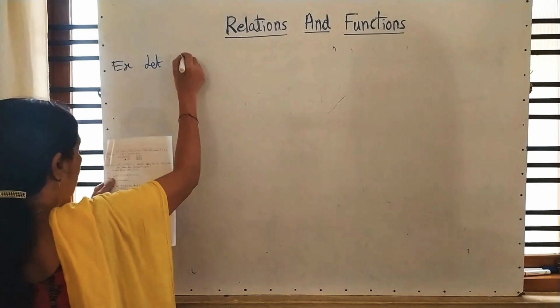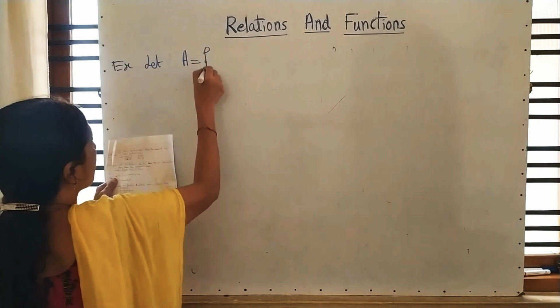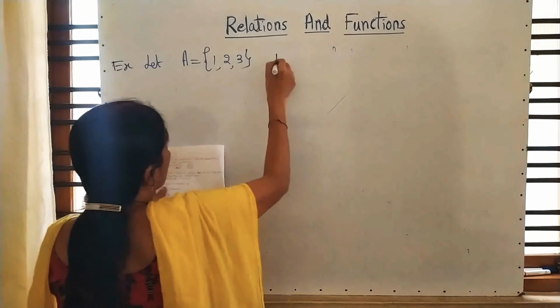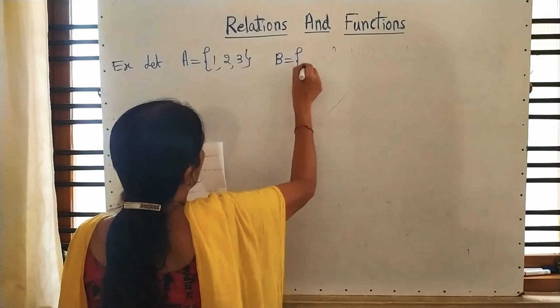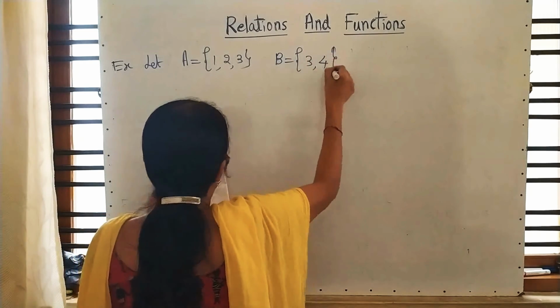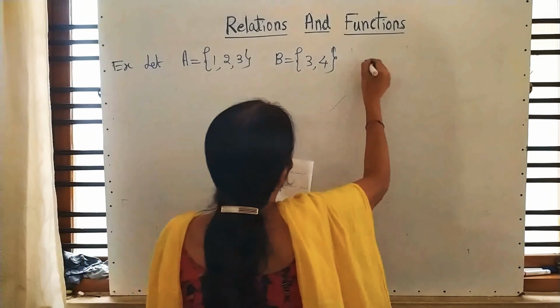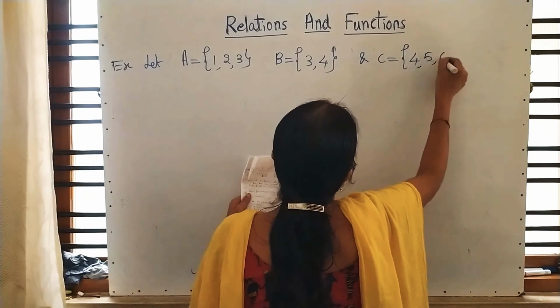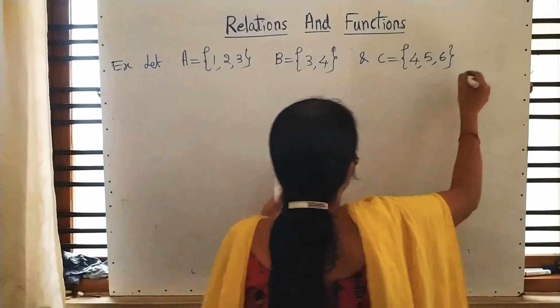Let A is equal to {1, 2, 3}, B is equal to {3, 4}, and C is equal to {4, 5, 6}. Find: